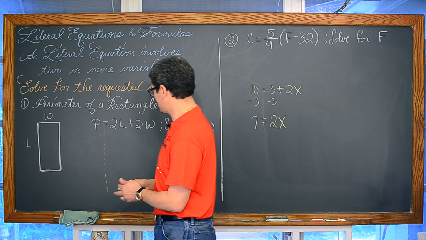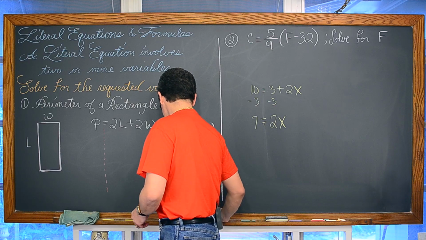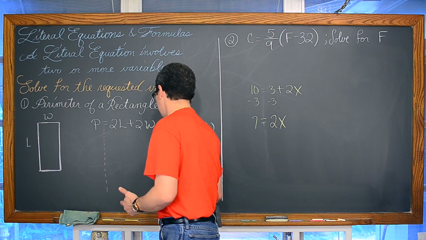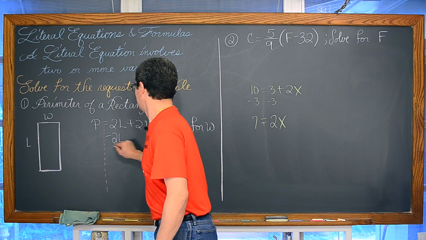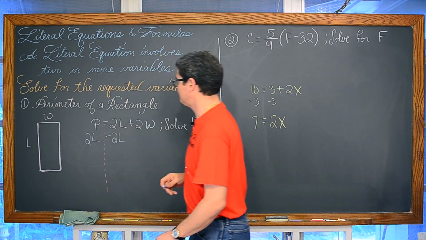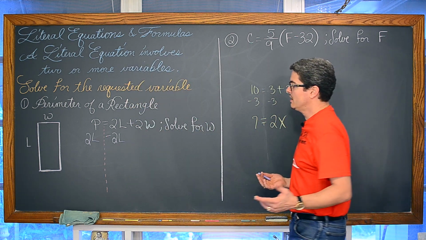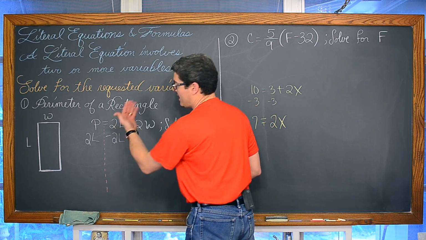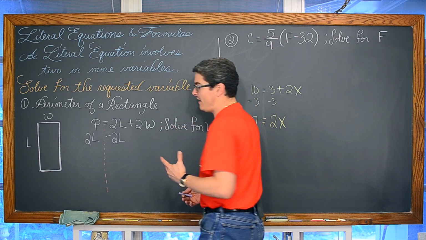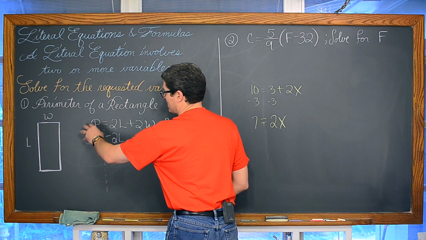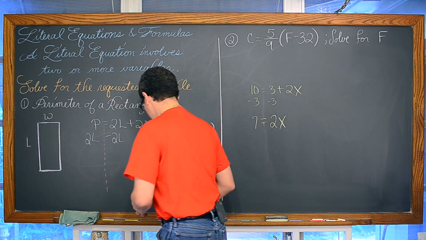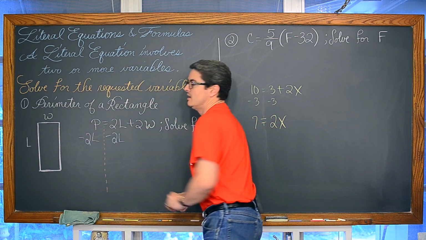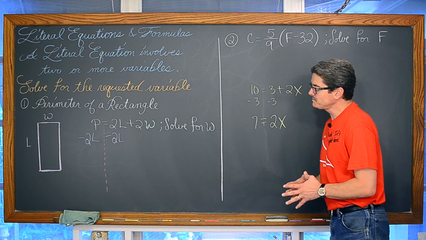So we're going to subtract both sides by, we'll pick a color here I haven't used yet, 2L. A variable is just a number which we don't know. If I told you that L was 5, then 2 times 5 would be 10, and we would know that we would want to subtract that 10 from both sides of the equation.